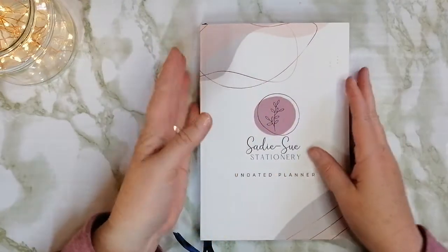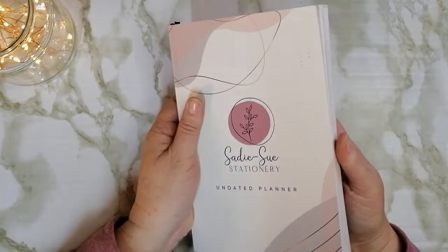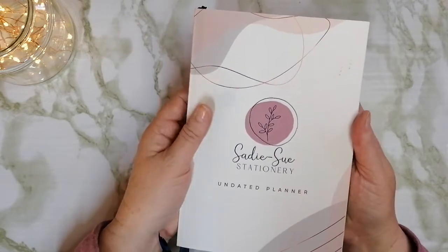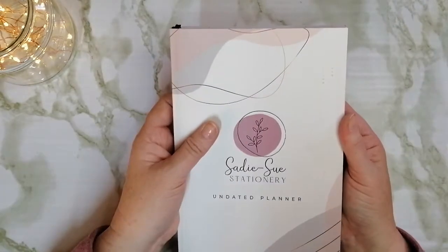I received this beautiful planner for my honest review from Sadie-Sue Stationery, and let me tell you, I am absolutely in love with it. I really am. So I'm going to give you a flip through,